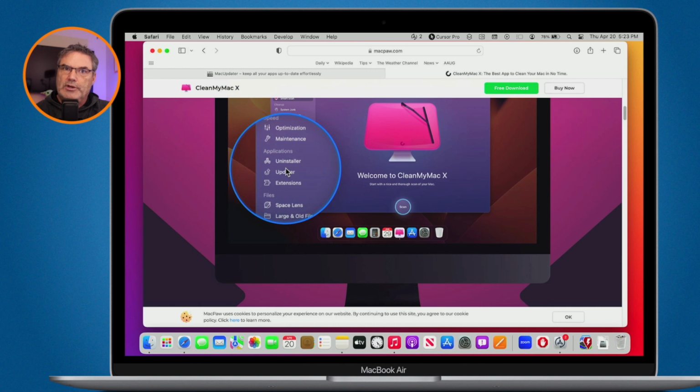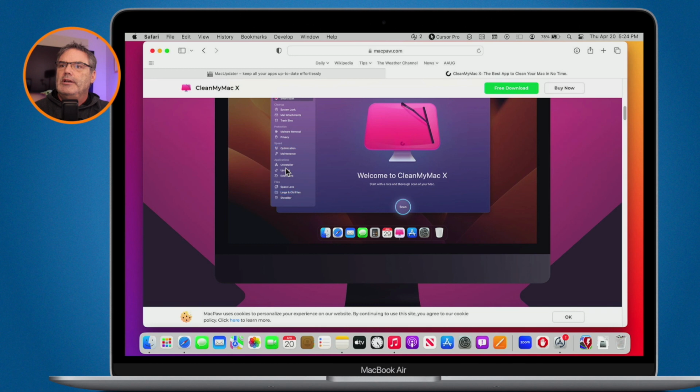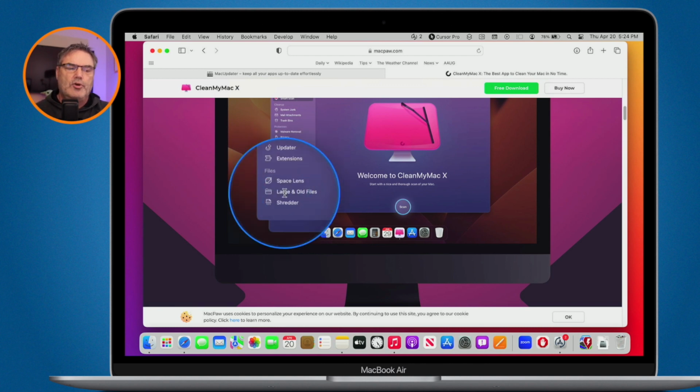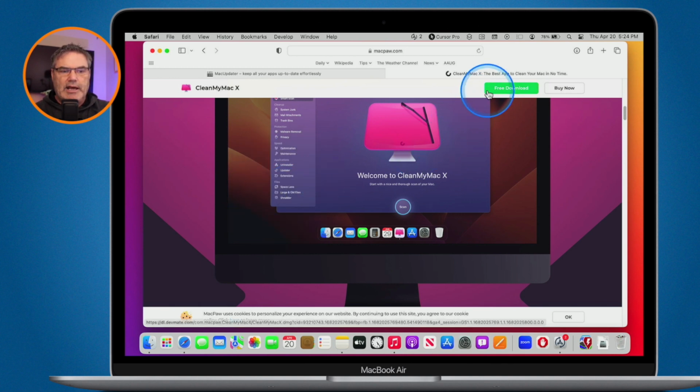For those that are familiar with Windows, Windows has an uninstaller. That's basically what this is. So you can use that. It also has an Extension Manager and a Space Lens where you can go and view your large files or your old files and then get rid of them easily. So I think it's more of a utility, and it has a lot of nice utilities, not necessarily necessary, but they do come in handy,